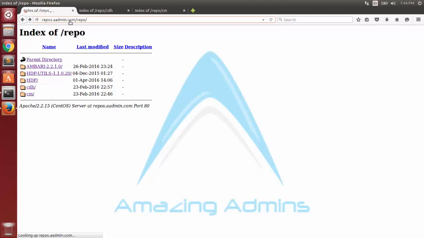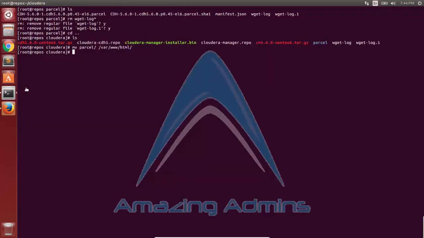Okay, after refreshing this, I can't find it. So the thing is that I have put it in the root directory, whereas I had to put it in repo, or else I can't see it here. For this, I'll move the parcel folder from the HTML directory to repo, which is a subdirectory in HTML.